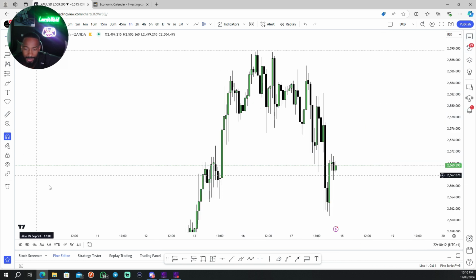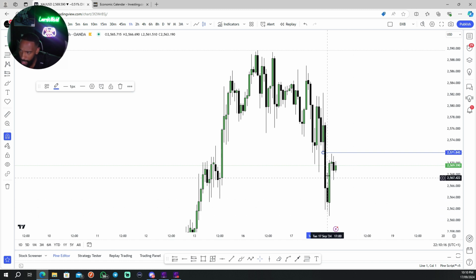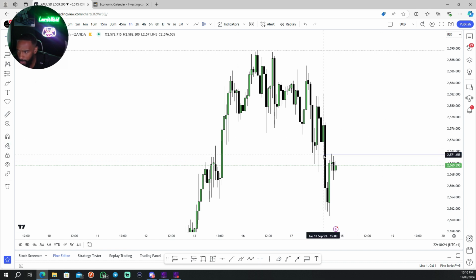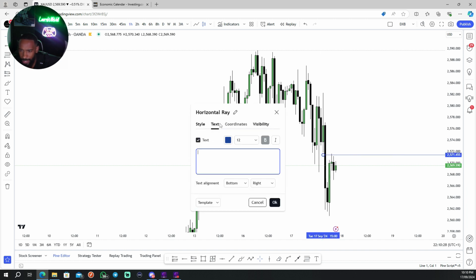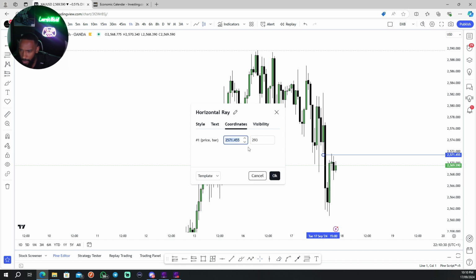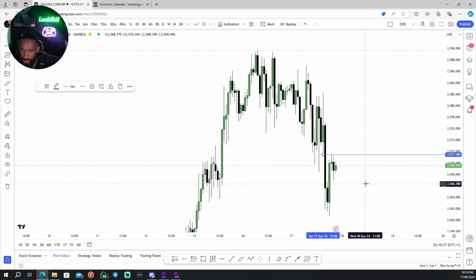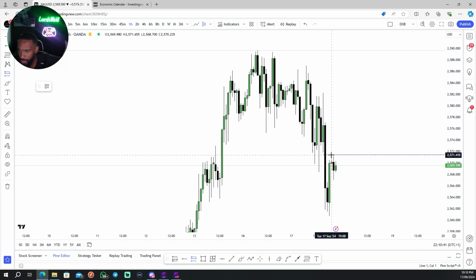Now, I sent out this sell, okay, inside my community. And this sell was actually at 2571.50. So if we come down here, we can go 2175.50. Let's type it in just so that we're accurate. 2175.50. Okay. This was the entry that we had, guys. The entry was phenomenal, as always.